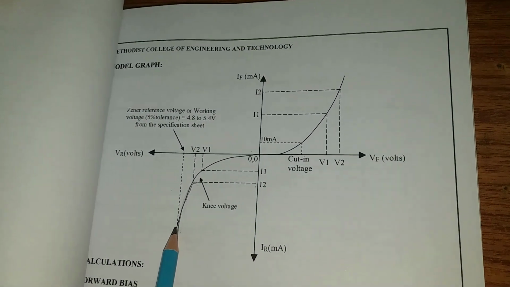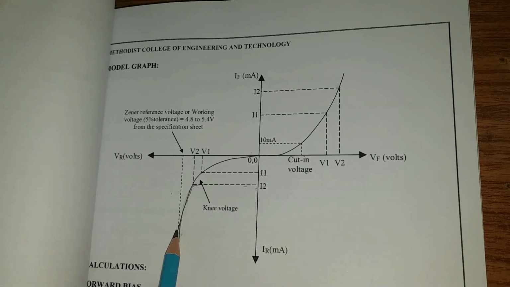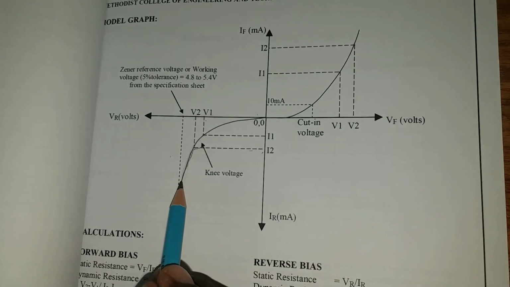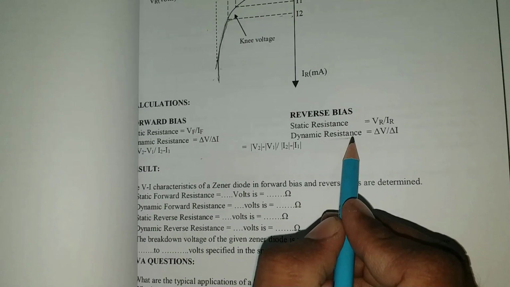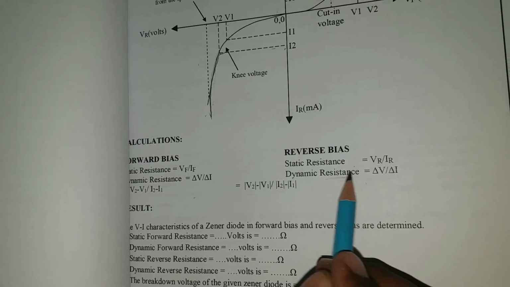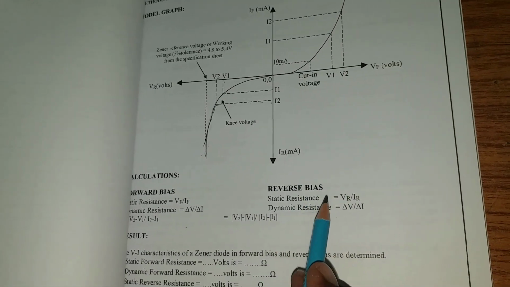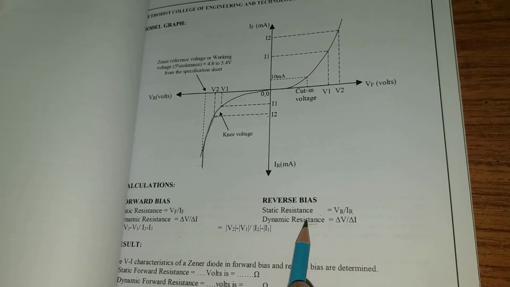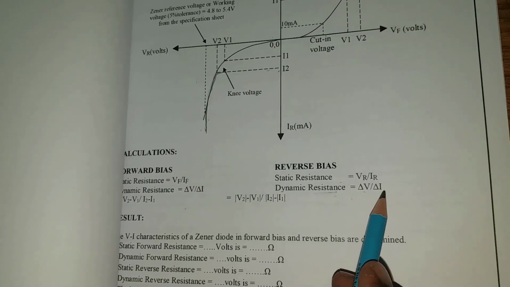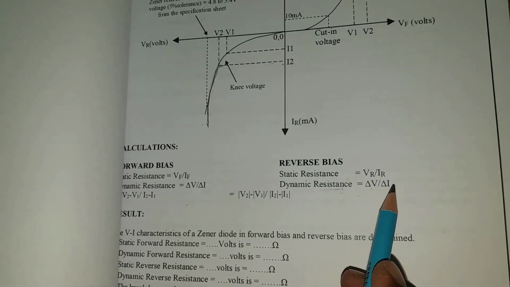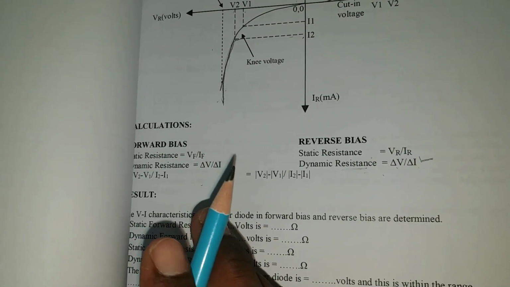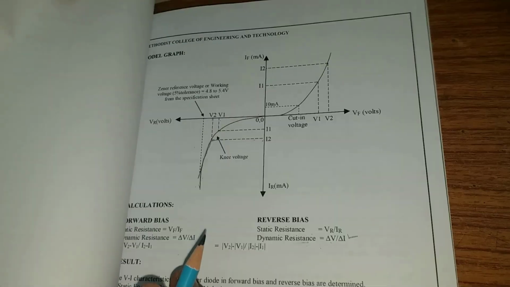In the laboratory, we have a 5 volts breakdown value. After 5 volts we get the breakdown condition: voltage will be constant and current starts increasing. While doing the dynamic resistance calculation in the reverse bias, you need to take values before breakdown and after breakdown. In the Zener diode, you take the change in voltage with respect to current, before breakdown voltage and after breakdown voltage. These are the small changes we have when comparing the PN diode and the Zener diode.